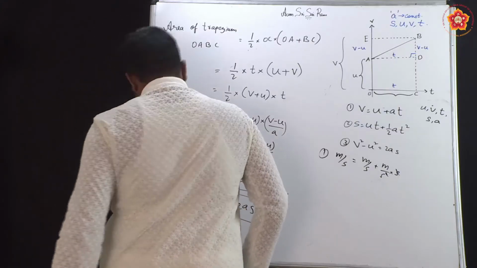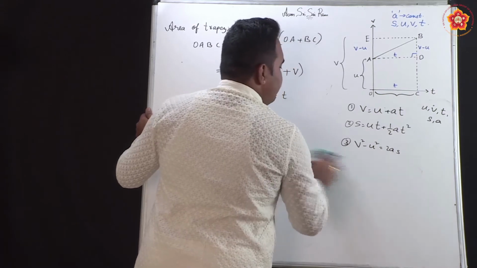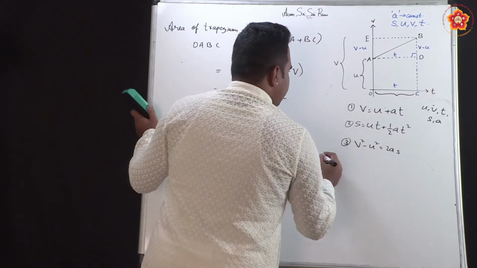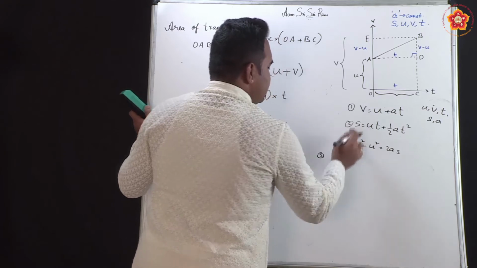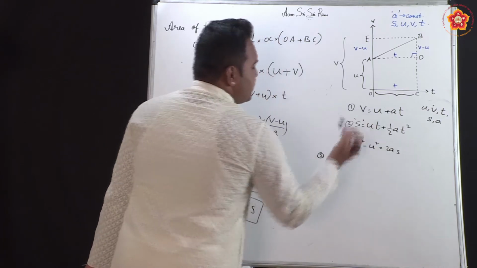Now the same way, if we check the second one, I will do the second one, you can check the third equation as well. So for the second equation, when I check, I get S in meters, the SI unit of distance travelled. So do not confuse here, this is not second, this is distance.